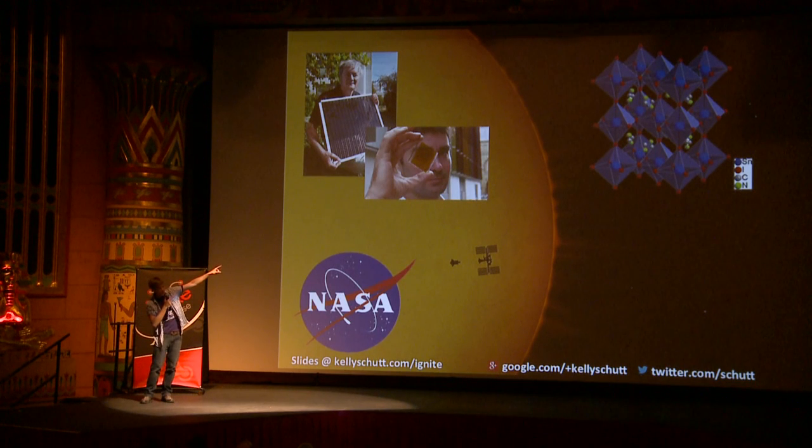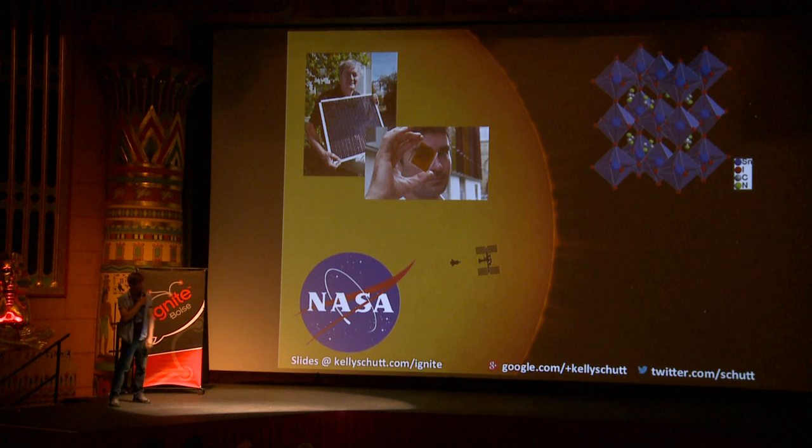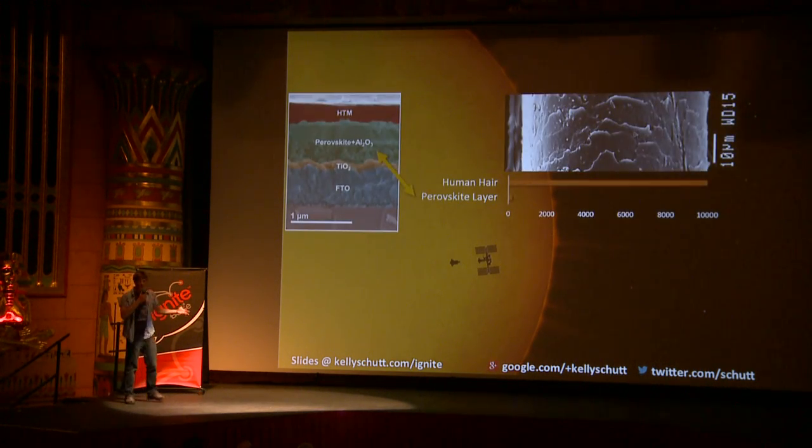You can see the crystal structure in the upper right. That's where the magic happens, where light gets turned into electricity. And we're going to be making these at BSU. So when I say thin film,